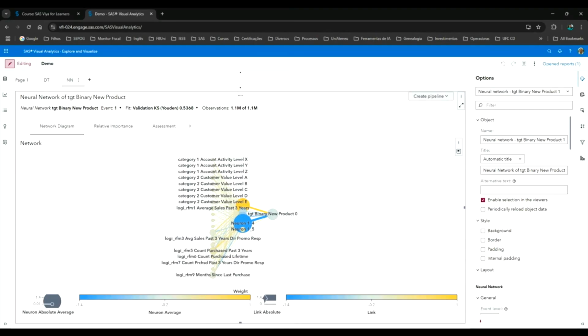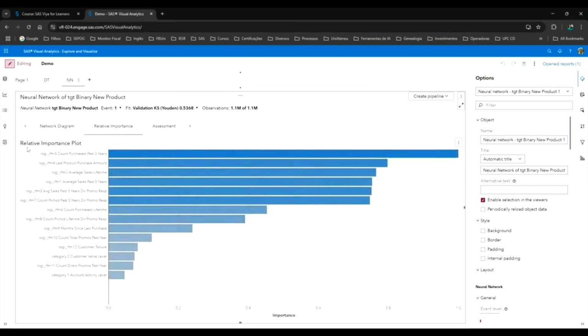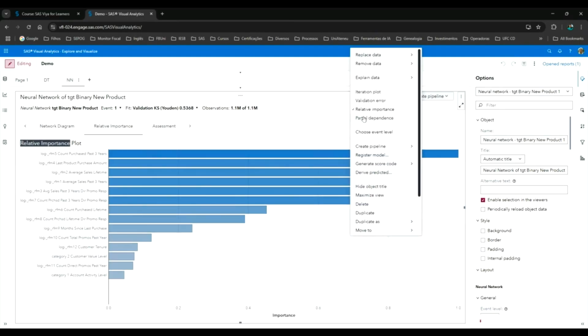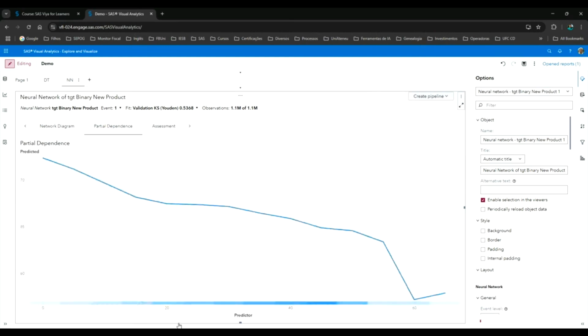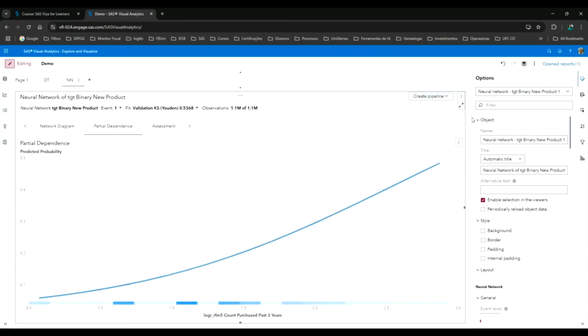But even in this environment, SAS VA, we already have some explainable AI tools like relative importance. I already said to you, look that the maximum value is 1. And we have the partial dependence too. Look at this.